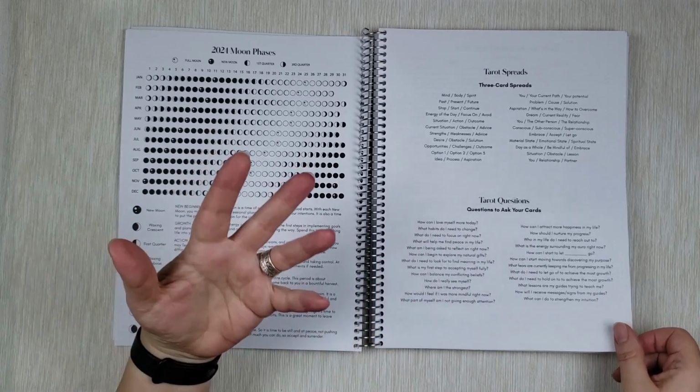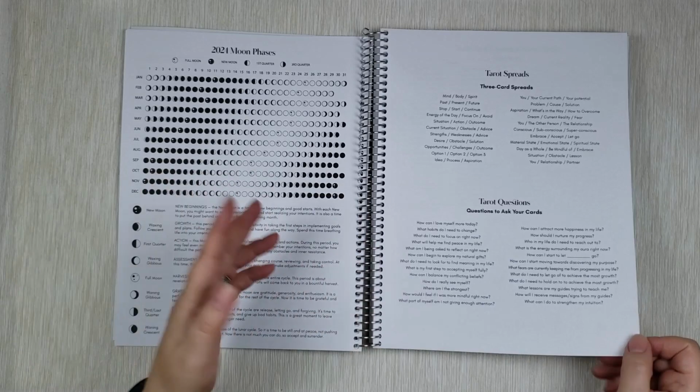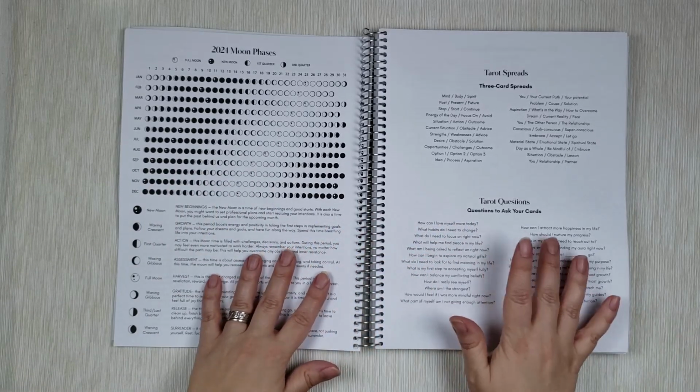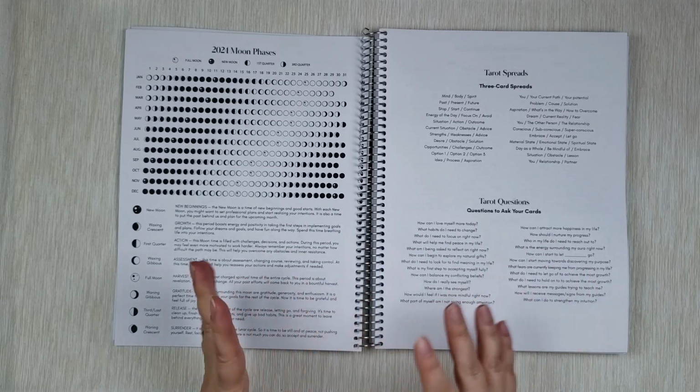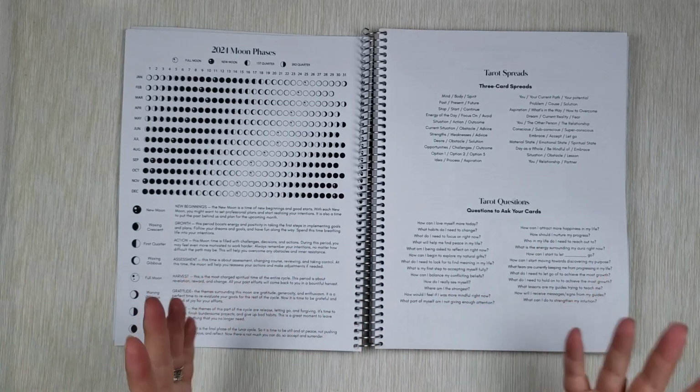Basically, you can ask a question before you pull a card or before you shuffle cards until it falls out, whatever your style is. So this is really cool. Gives you ideas, and I really appreciate that because when I got my first couple decks, I was like, so what do I do with them? Do I